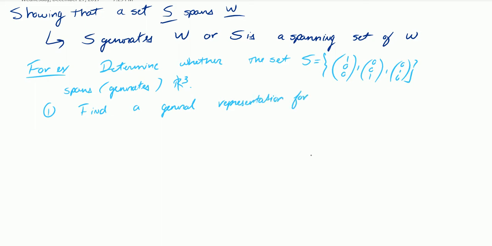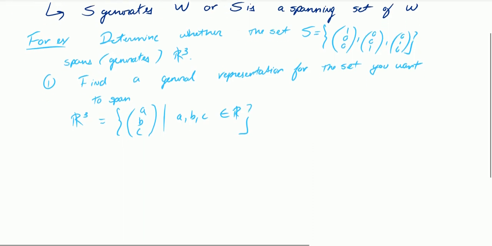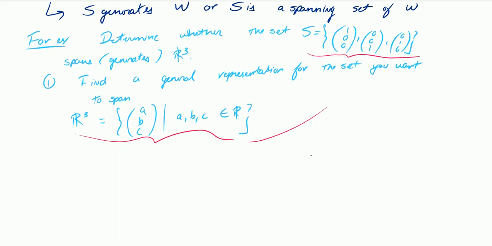for the set that you're trying to span, or the set you want to span. So in this case, you can write R3 as all of the vectors that look like (A, B, C), such that A, B, C belong to the real numbers. Okay. Now, if I ask you if S